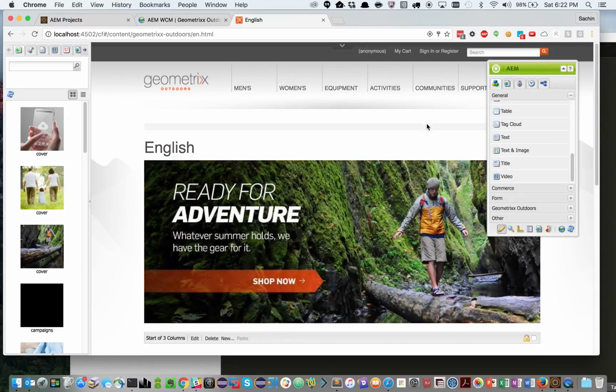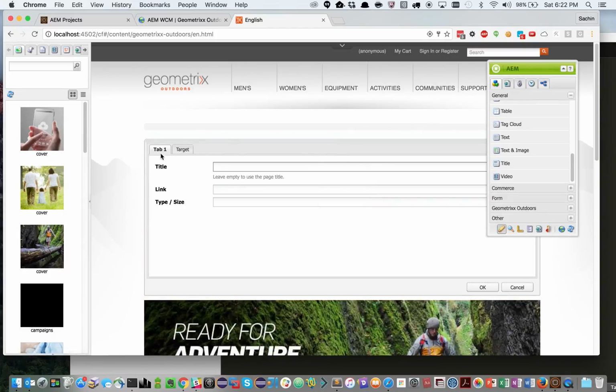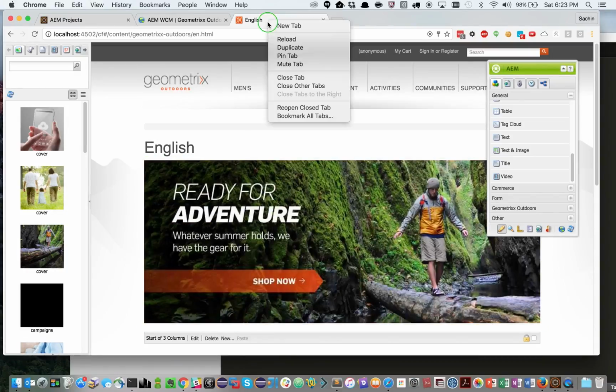So the enhancement is, if you see, by default they have title, link, and type and size, and on tab 1. So I added a second tab which is like toggles, like whether to target this component or not. So we'll take a look at how the HTML output differs, when it's targeted and when it's not targeted. So let's duplicate this,